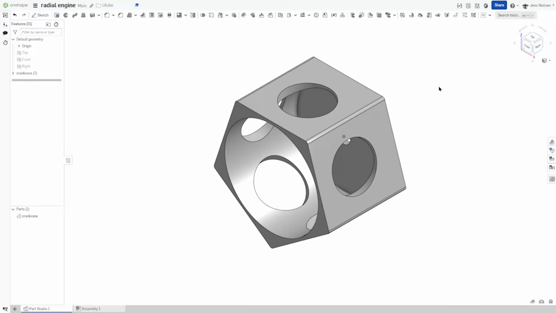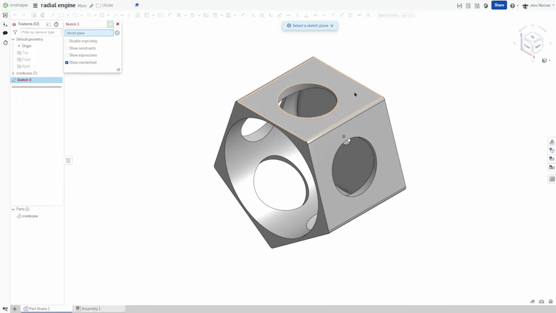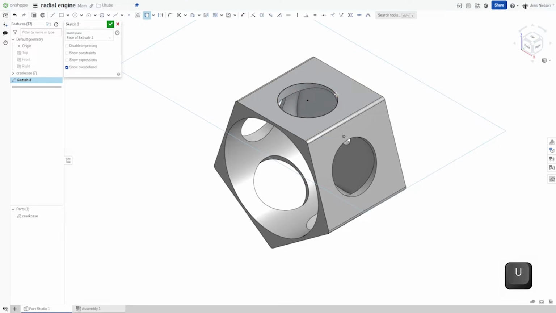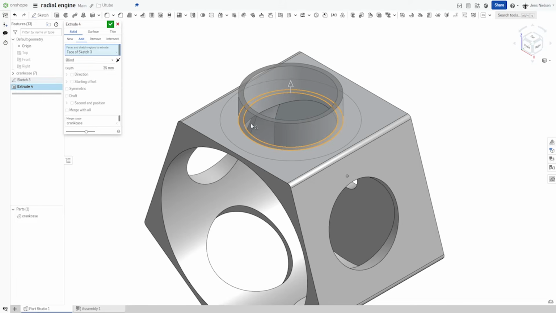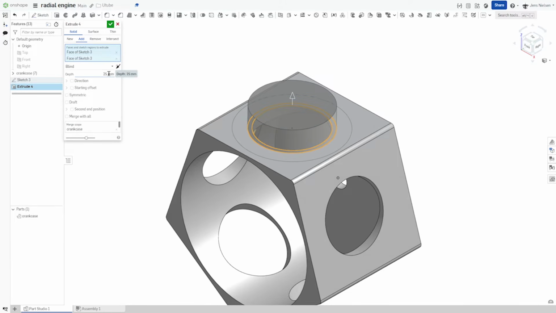Next, let's model the cylinder. I'll start a sketch for that on that plane. Project that circle, offset that to the outside with 4 millimeters, and offset that circle to the outside with another 14 millimeters. Exit that, go to extrude, take those two here,